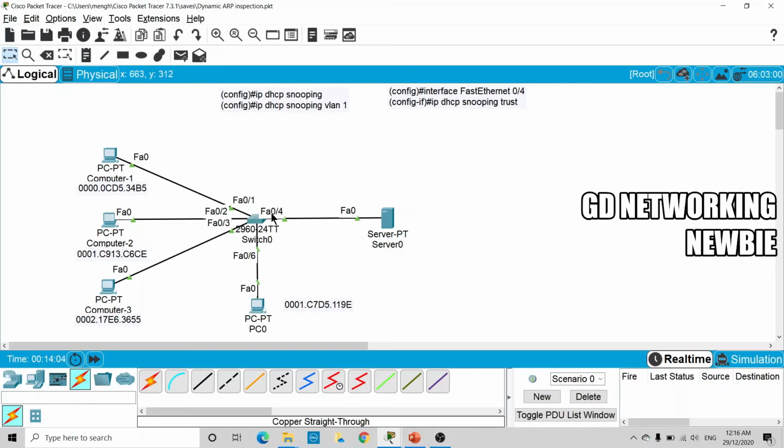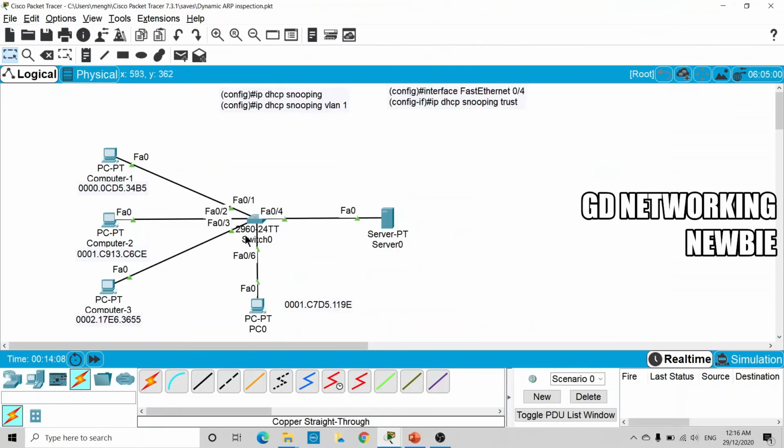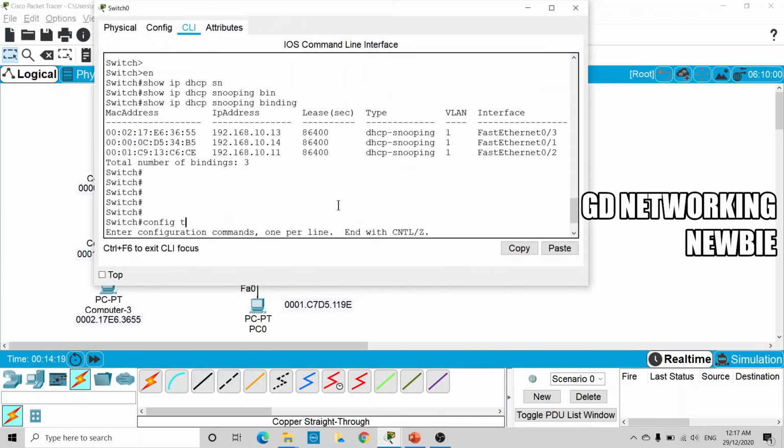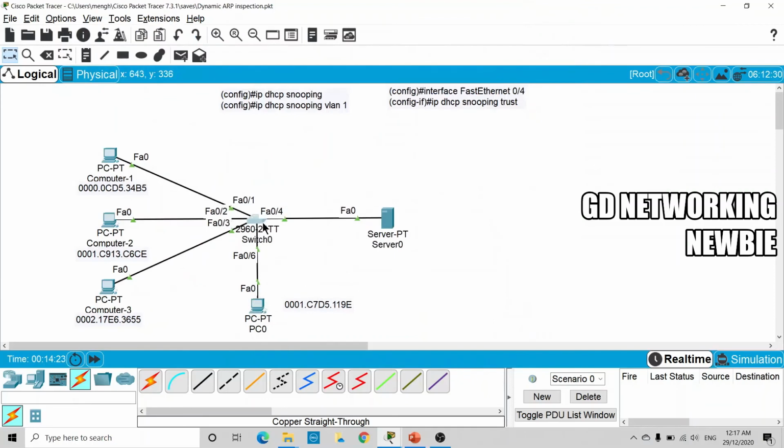And yes, there is one feature: at the moment all the ports are untrusted from the ARP inspection point of view, but if you want to make any of the ports or interfaces a trusted port, then we can go to that particular interface. For example, at this time we want to make this interface of the switch, FA0/4, a trusted interface.